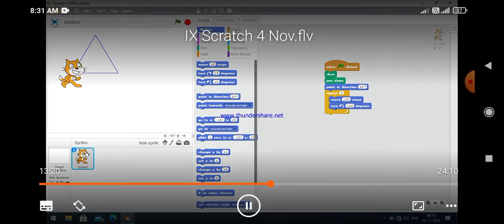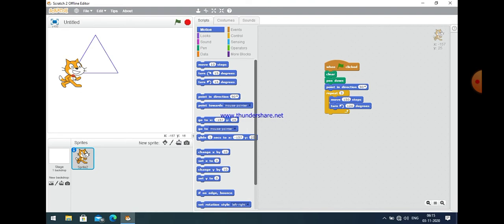Now you can easily see here that this will again make a triangle, but in a very easy manner, because I just use the repeat block here. The repeat block basically repeats commands a certain number of times. And one more important thing, you can change the value in the white area.